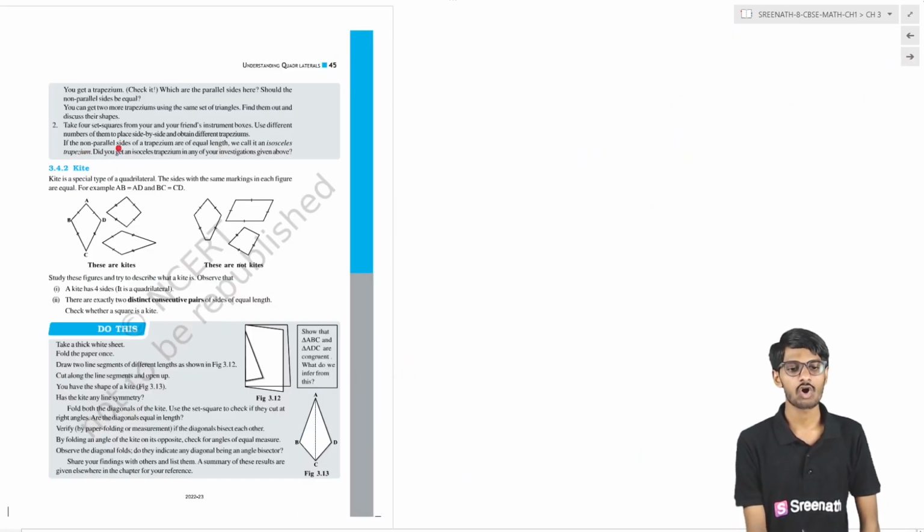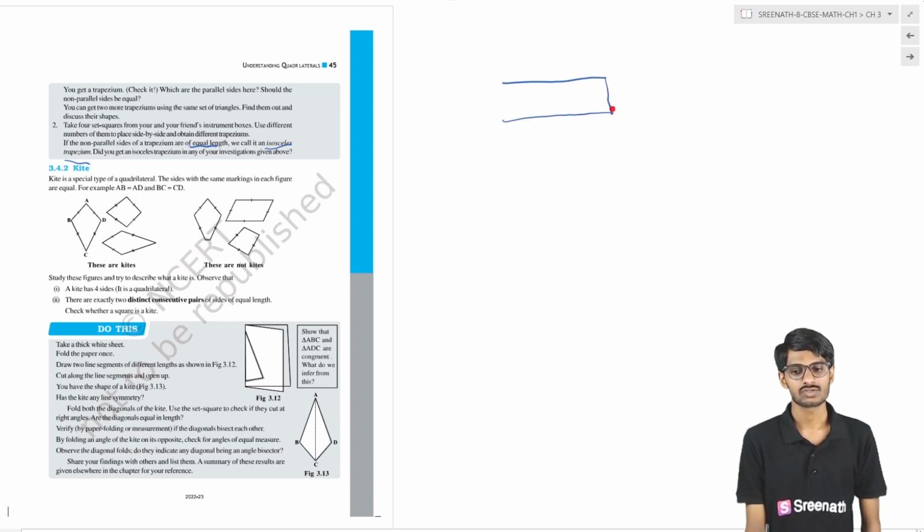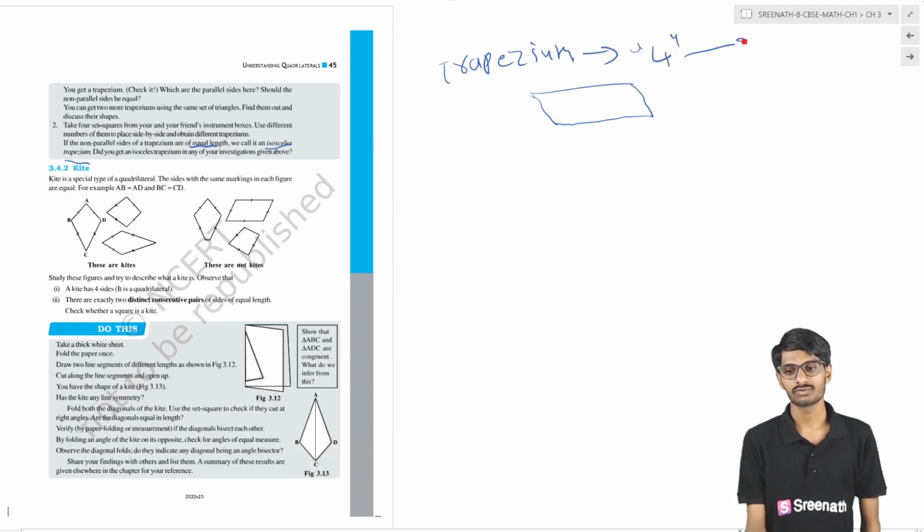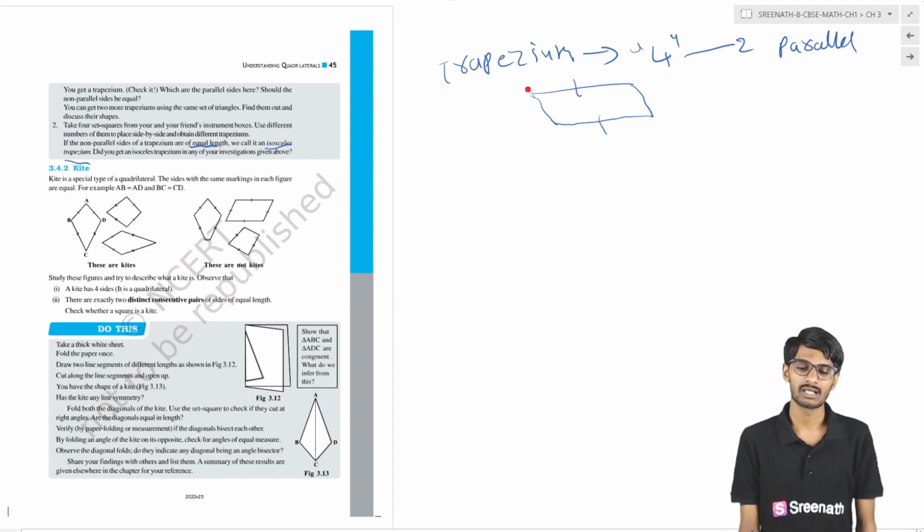Okay, and one more thing: if the non-parallel sides of a trapezium are of equal length, then we call it an isosceles trapezium. Suppose this is one side and this is another. A trapezium must have 4 sides, and out of them 2 are parallel sides. Okay, students. And the other 2, if these 2 sides have equal lengths,